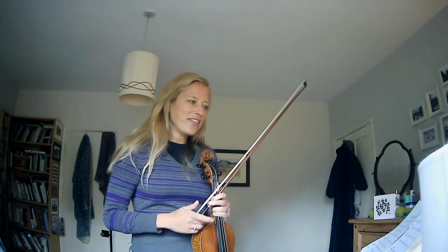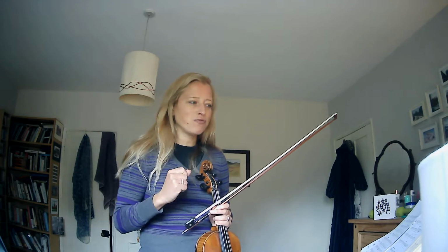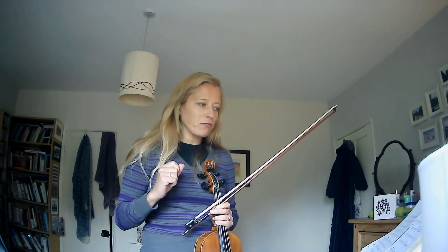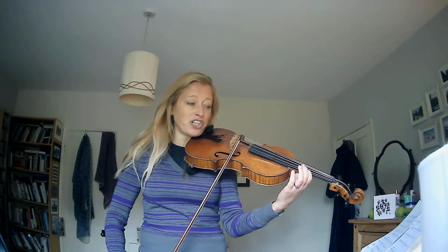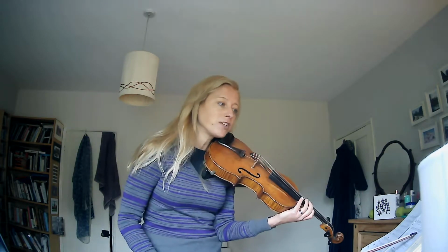So this is really passionate stuff now. So lots of vibrato, and really go in bar 17. I want lots of bow and really big sound. What I've suggested is you're in third position, and I would shift up to first finger on the F sharp